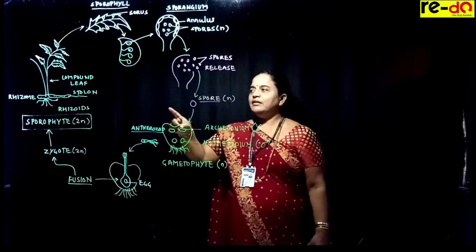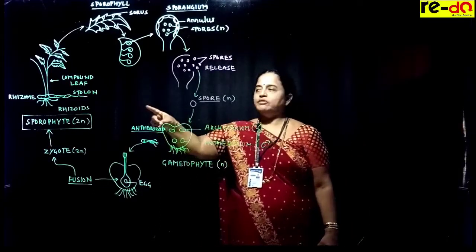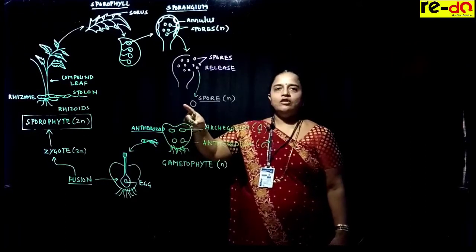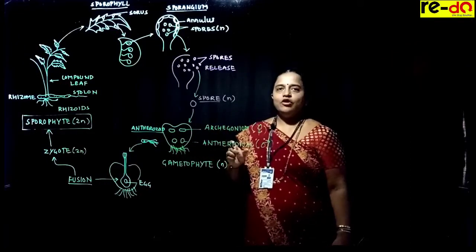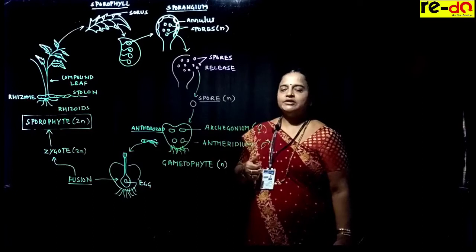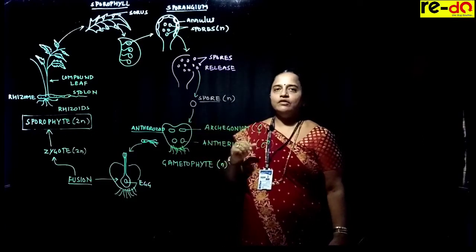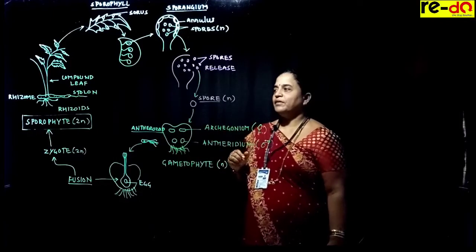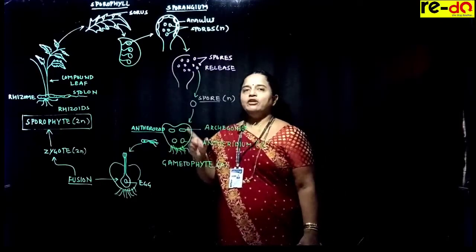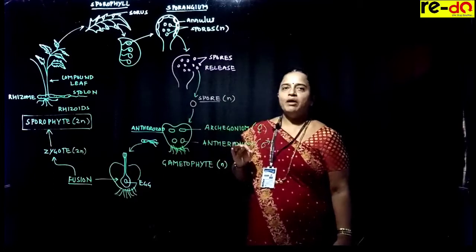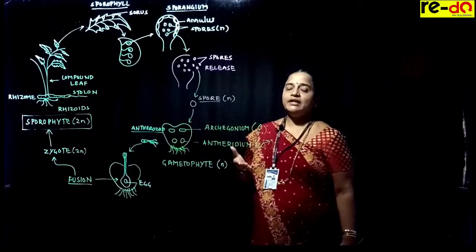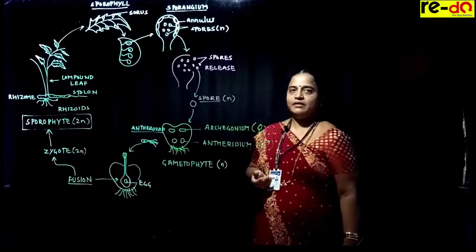There are aerial branches arising from the rhizome which will creep. They are called stolons, and these stolons help in vegetative propagation, meaning several daughter plants are produced by these stolons, which are produced from the rhizome. A mature rhizome will produce pinnately compound leaves. What exactly pinnately compound leaves are, we are studying in the next part.